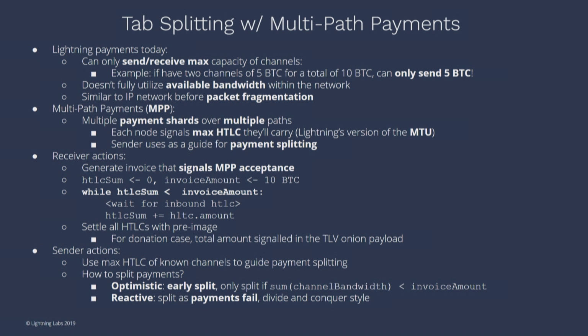The first one is an optimistic split, which basically means you're going to split exactly when it's necessary. If you look at our first use case, we split optimistically at that point because we know that our channels are insufficient to support that payment. The other one is reactive splitting, right? I'm going to try 10 BTC all at once, and only once that fails, maybe then I'll split it up. Maybe you can have something simpler: you just divide it by 2 every single time, and now you're dividing and conquering to make sure all the payments are getting to the other side.